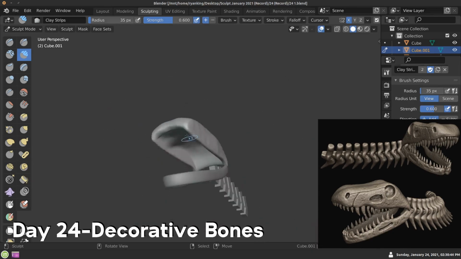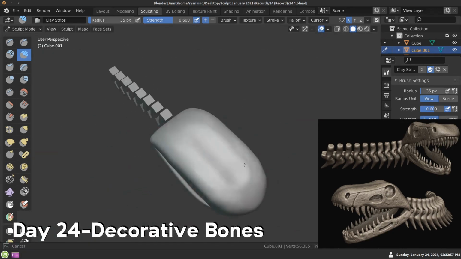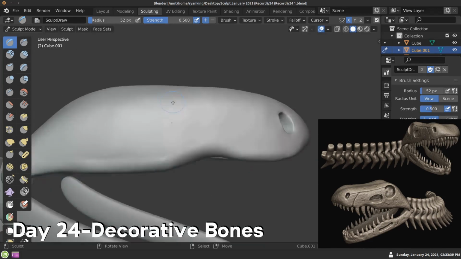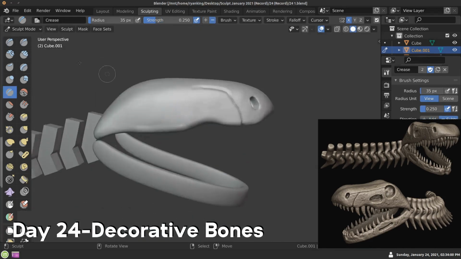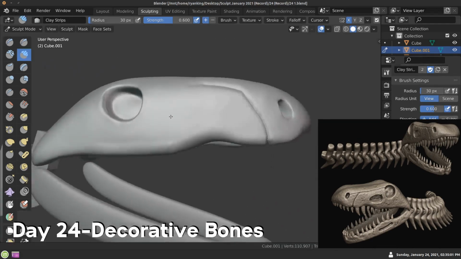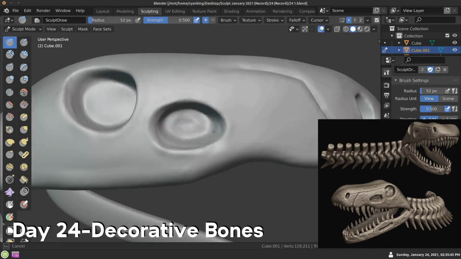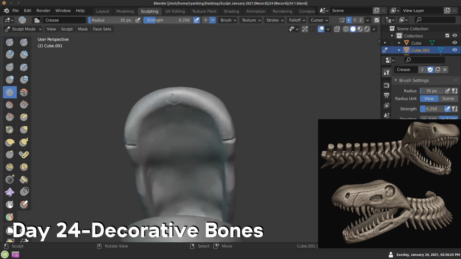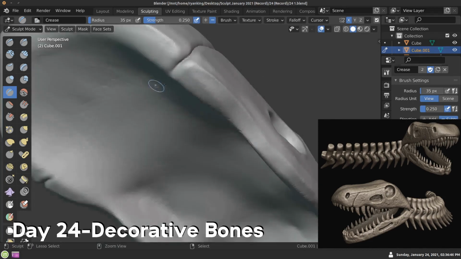Later on in the time lapse you'll see this, but what I did is I just sculpted one piece of the spine and then arrayed that over so that it would make the entire spine. So just adding in little bits of details, adding in some little cracks there and some holes where the eyes and the nose and the nostril and everything would be. I looked at reference images and there actually were lumps and holes like that